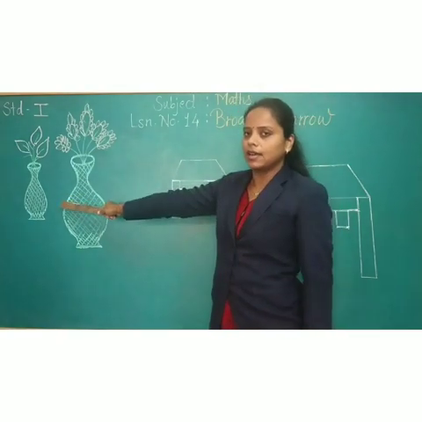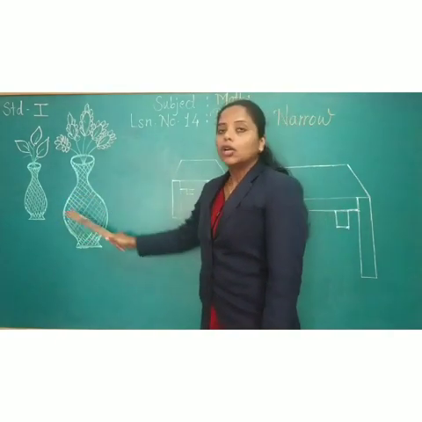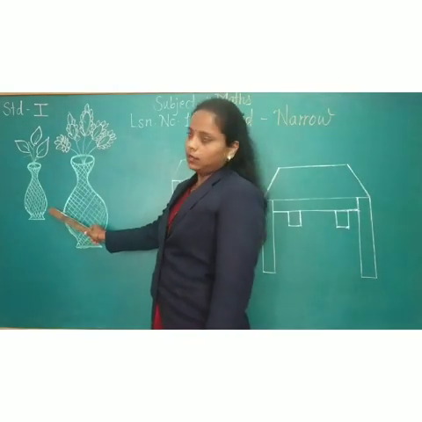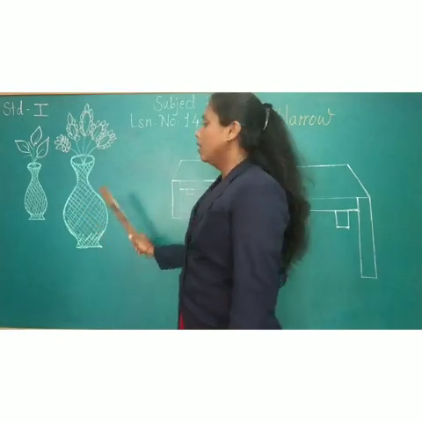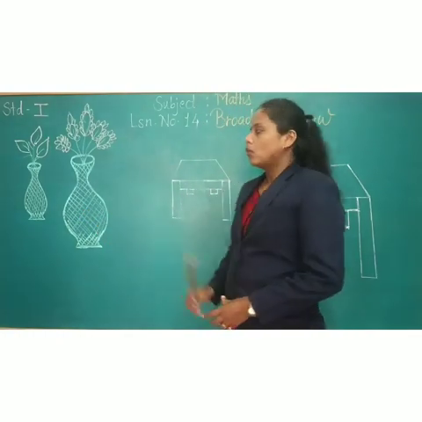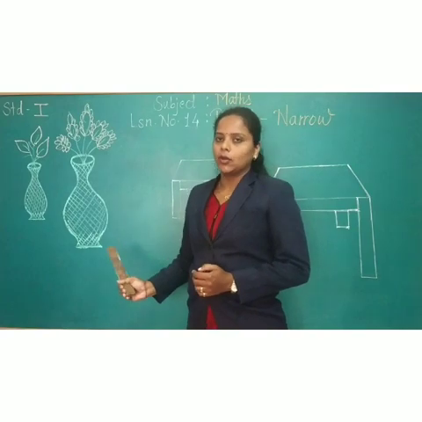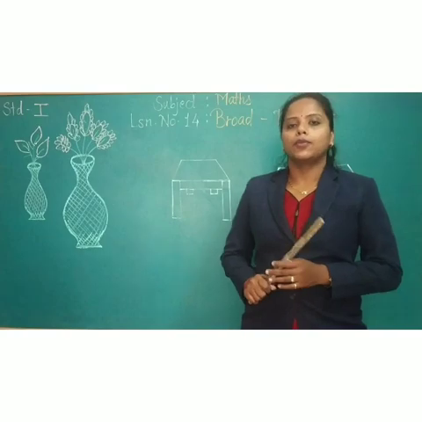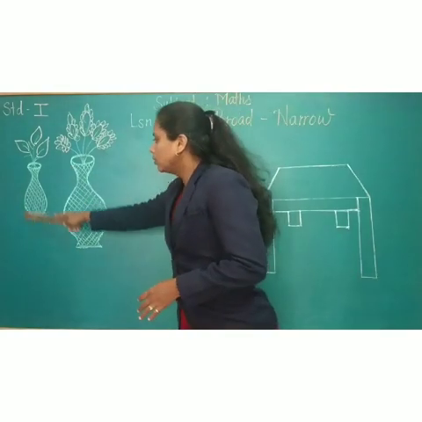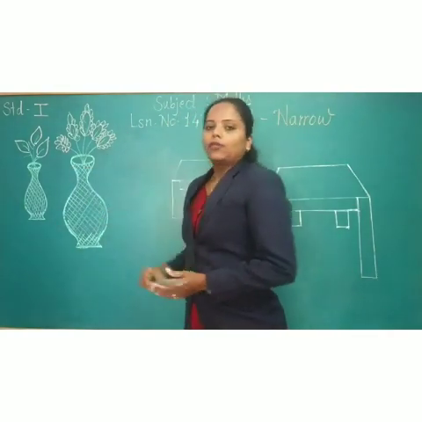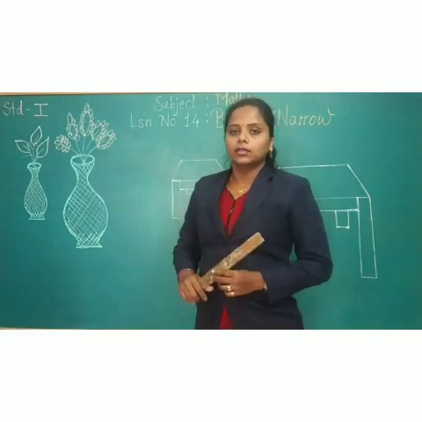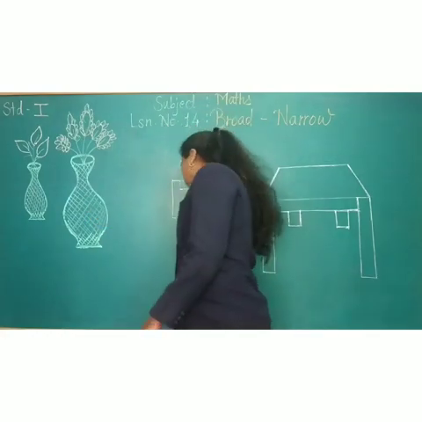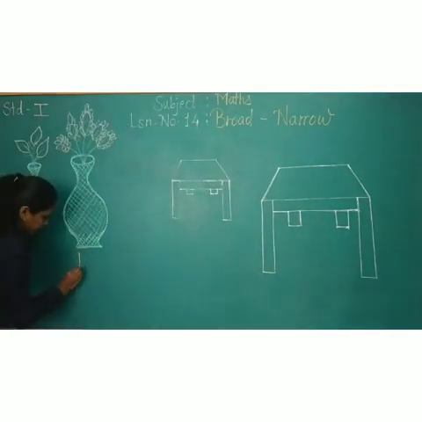Now here see which picture is there. Here I have drawn two flower pots, and one is in the small size and another is in the bigger size. Now find out which one is broad. Broad means which is in big size, called broad things. In both pictures of the flower pot, which one is the broad flower pot? So this one is the broad. So write there broad.